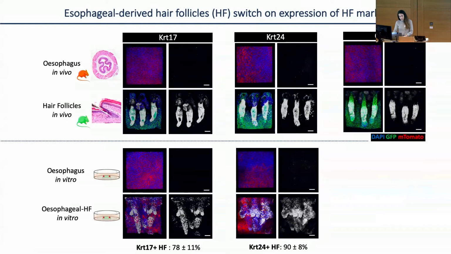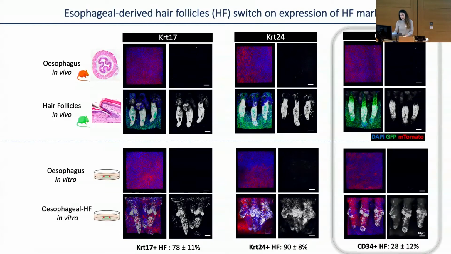However, when we looked into a well-defined marker of hair follicle stem cells, CD34, we were shocked to see that only about 25% of them expressed this marker, hinting us to the existence of potential barriers to lineage conversion. So to explore